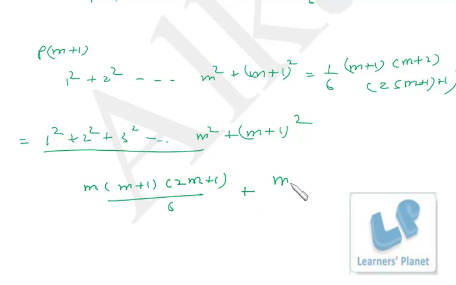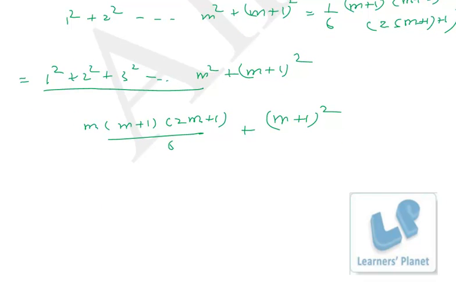Then we are left with m plus 1 whole square. Then what we have to do? We can take m plus 1 as common, and we are left with m into 2m plus 1. I can take LCM, 2m square plus m,